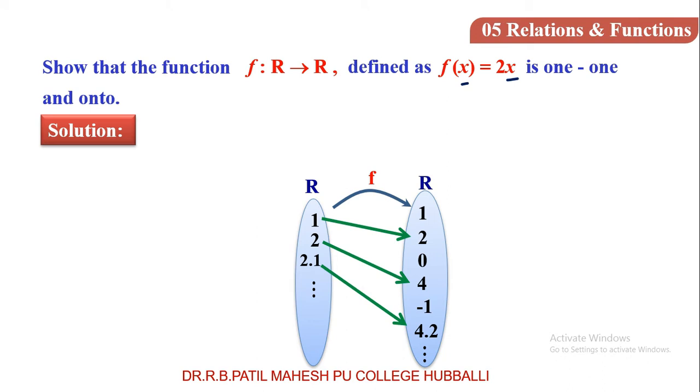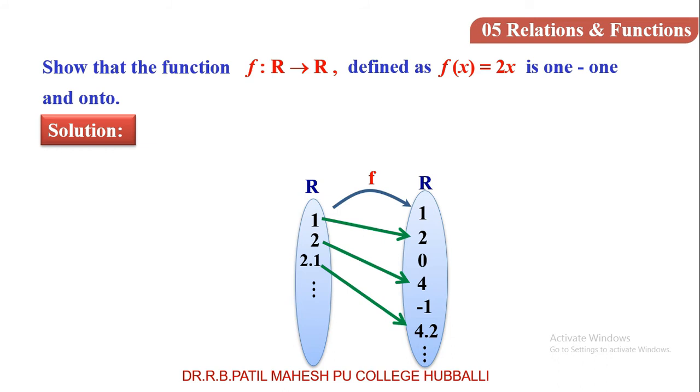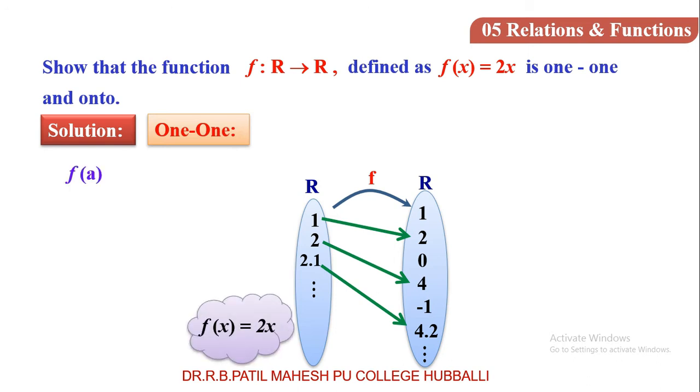Hope you are understanding. This function is 1-1 because each and every element of domain have the images and those images are different. Therefore, different elements have different images. Hence, this is called 1-1 function. But we will take it in this general way because all elements I can't express here. Generally, I express. Suppose a and b are the elements in the set of real numbers, that is domain. Taking a, b belongs to R. This R is domain.